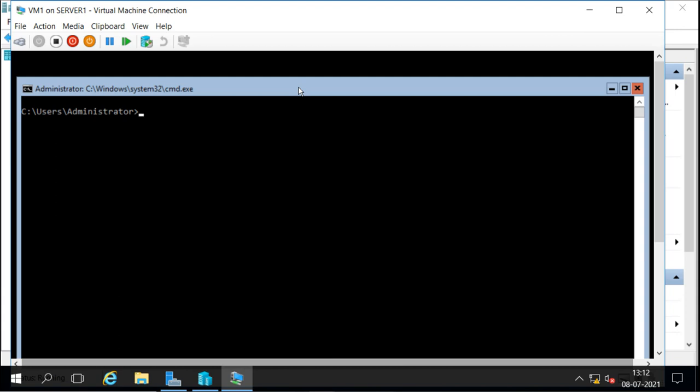Now how can we test whether the replica server is working or updating properly? We don't know because the server is off, it is not working, it is down. So how can we know whether the changes we have made here are updated there or not? For that, first we will check the health. So let's go to the other server now.